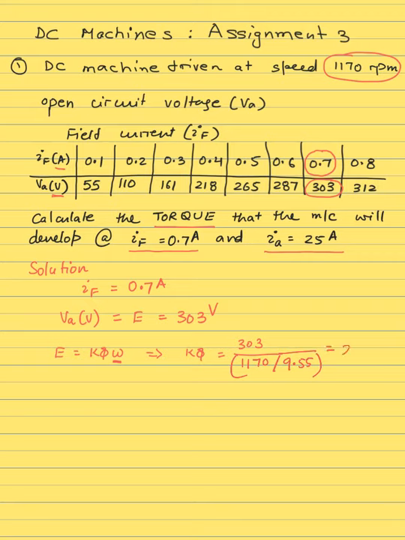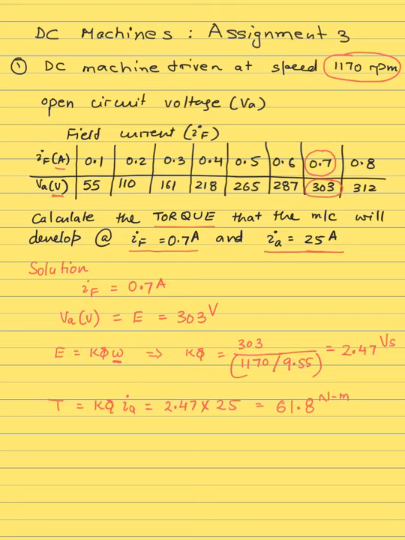K phi is 2.47, and the units you can write as volt second. Now from that, the developed torque is K phi times IA, so it uses the armature current. K phi calculated is 2.47. The armature current we said is 25 amperes. And that gives you the developed torque value of 68.1,